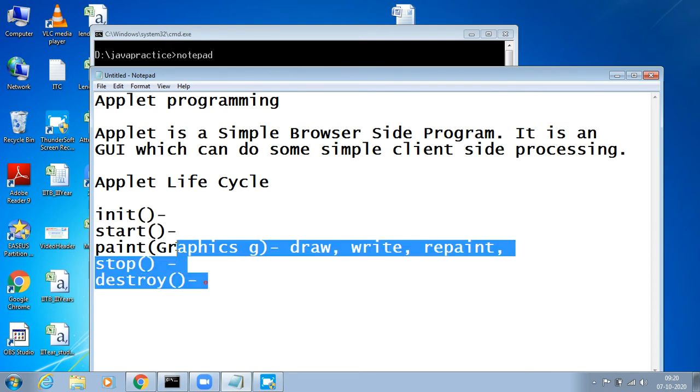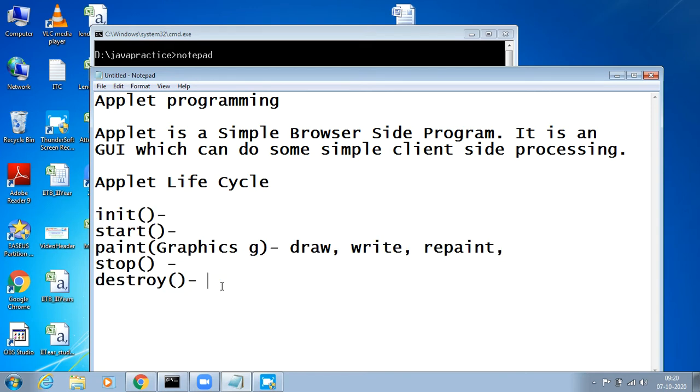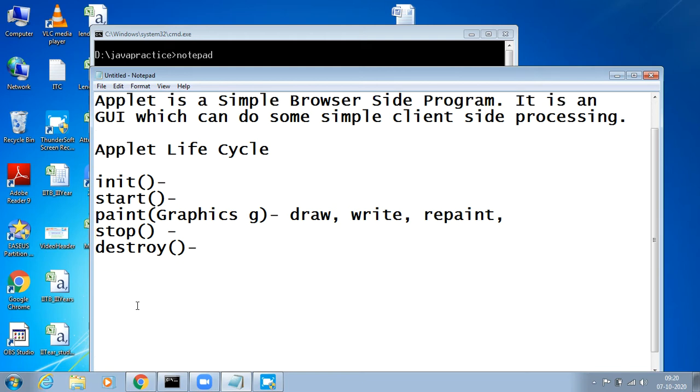Okay, we just create a simple program now to understand the implementation of applet. So applet will have a package in Java, that is java.applet package. So applet is a class of package applet. Mind you, we all know in order to create an applet we should need to import this class. So import java.applet.